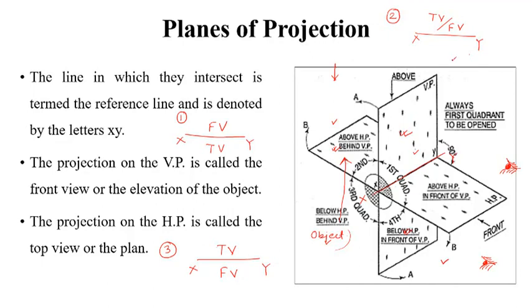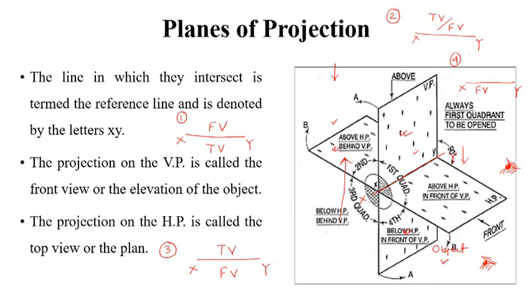Now let us see the fourth quadrant, the last case. This is our XY plane or XY reference line. Now the object is not placed here, the object is placed here. Now again the rays of light will be intersecting with the object and it will be projected where? In the vertical plane. So front view at the bottom, we have written front view at the bottom below the XY line. So this is our front view and the top view will be projected here in this plane. We have the top view.